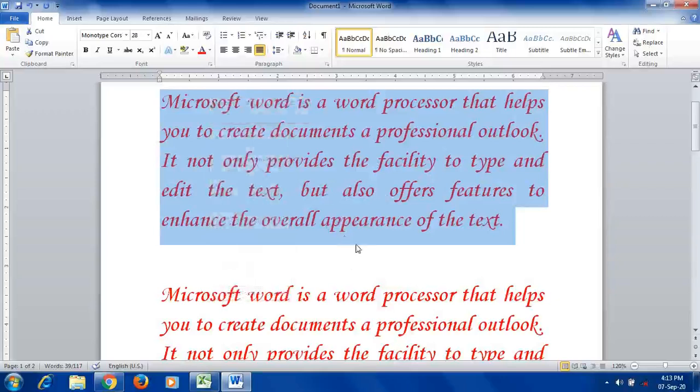Okay, so these are all the points we have learnt in our previous class, in the sense in the 4th standard. So now the point is format painter. What is format painter? What is the use of format painter? How can we use that